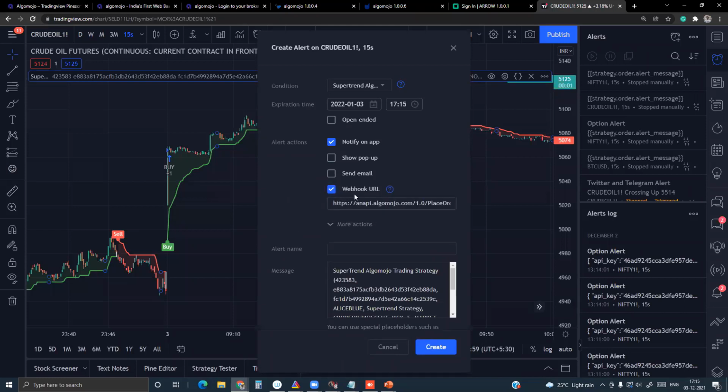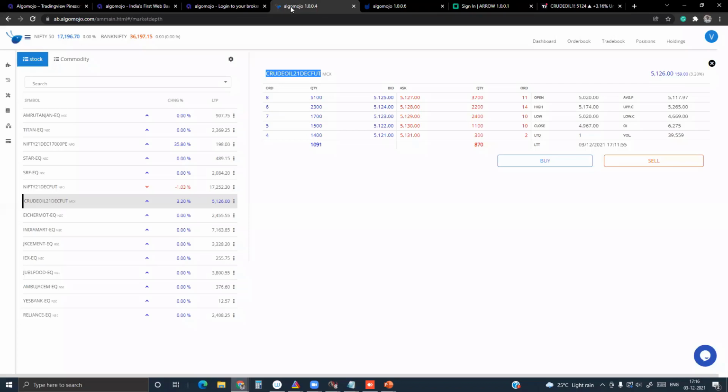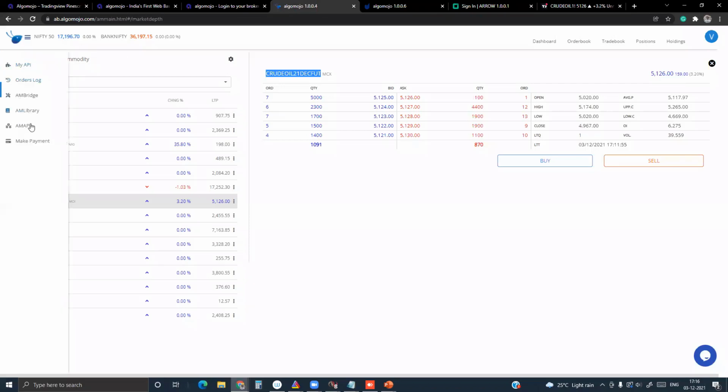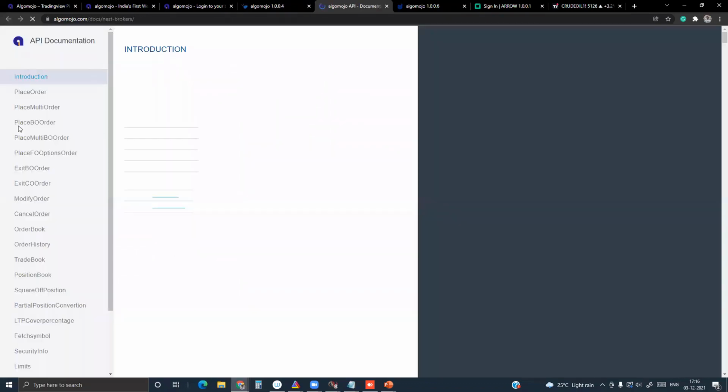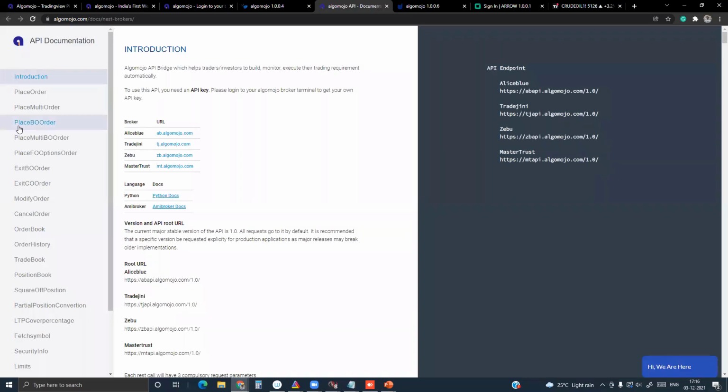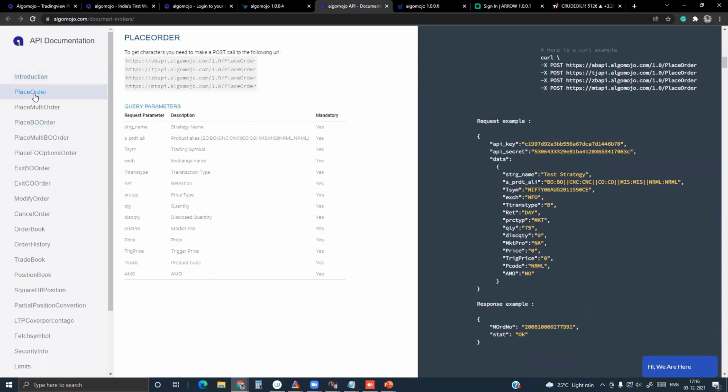So we use the webhook URL. Now I have to go and configure the webhook URL. How to get the webhook URL? It is very simple. I have to go to the broker portal, and from here, I have to go to the AM API. AM API stands for AlgoMojo API. From here, I want to transmit order. So I'll go to place order. And here, I'll be able to get the relevant broker's